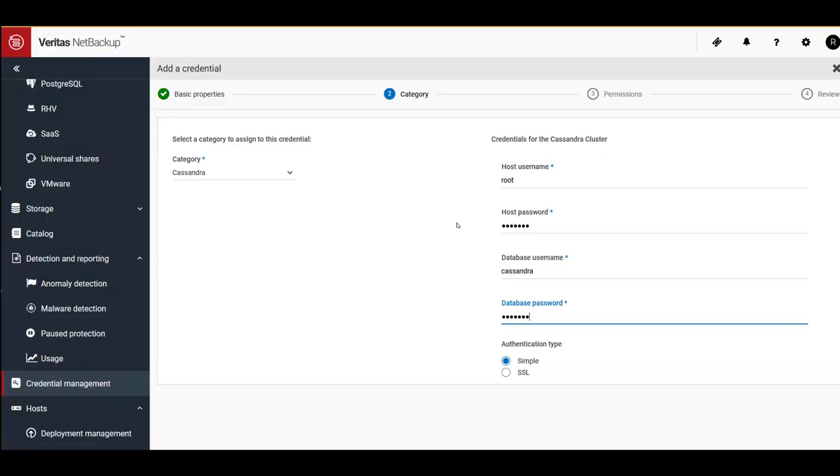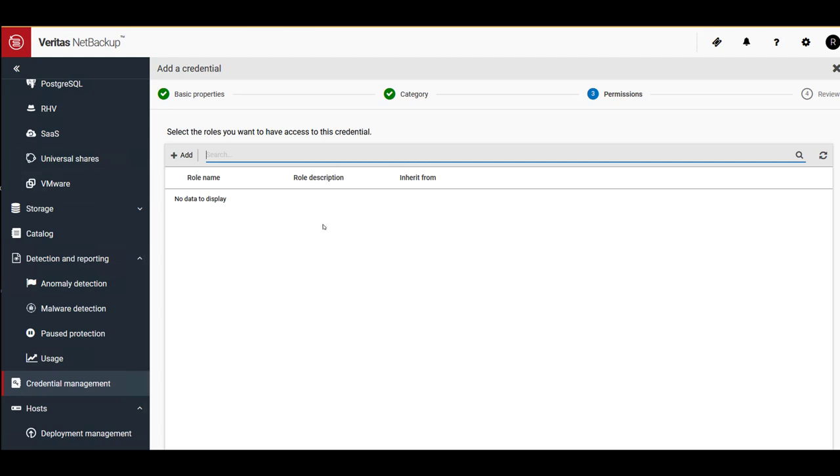There are two types of credentials supported for Cassandra: simple authentication and SSL. If you select SSL, you would need to provide JMX credentials as well. The cluster that I'm adding has simple authentication, so I'll select simple and click on Next.